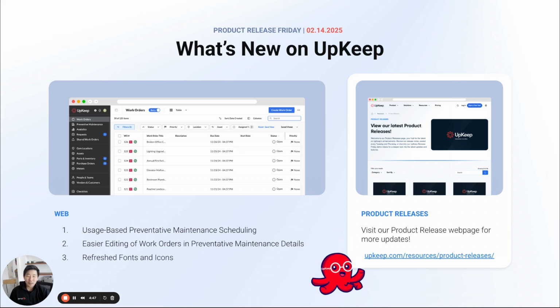All right, this week we got three big things to share with you all. The first one is usage-based preventive maintenance scheduling. So we brought that directly in the PM module. So again, you get more fidelity, more control when PMs get fired off. So it's not just based off of calendars or number of days or weeks or months, but now based off of usage. The second thing that we brought into that PM module is inline editing for work orders, just making